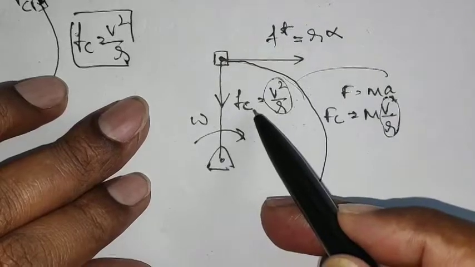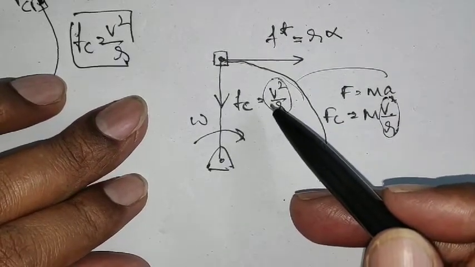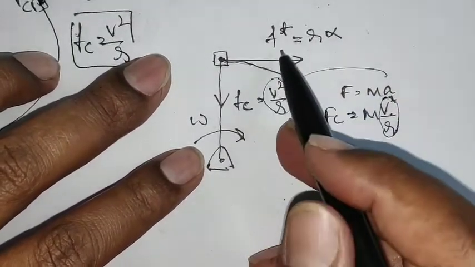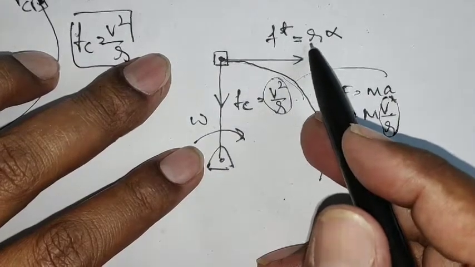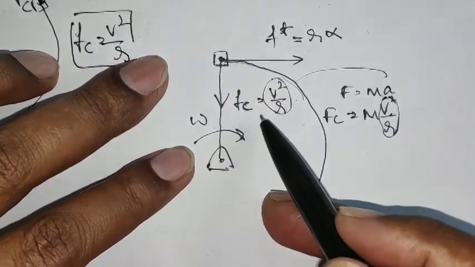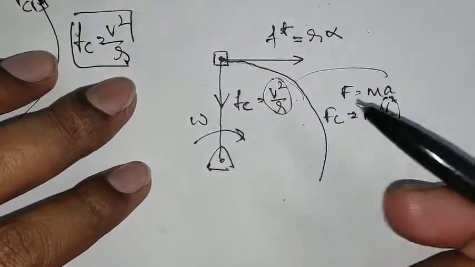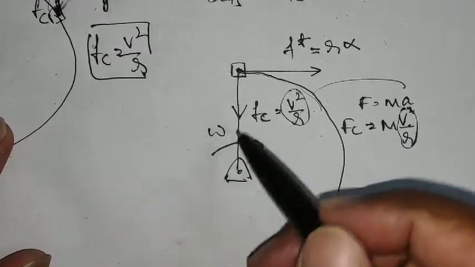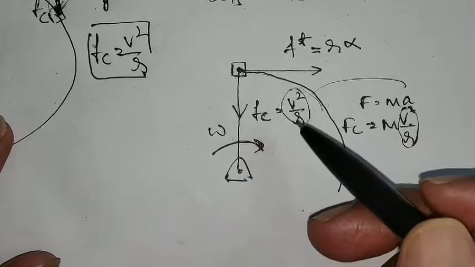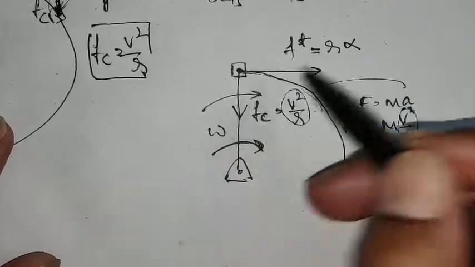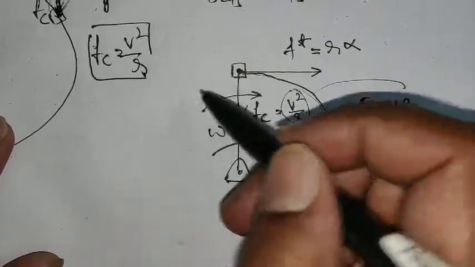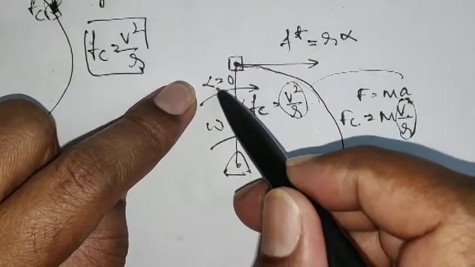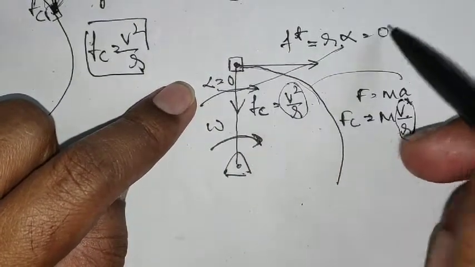You might have studied how to derive the value of the centripetal acceleration in the previous classes. So we assume that you know the tangential acceleration, which is r into alpha, and the centripetal acceleration, which is v square by r. Maybe in a numerical they can give only the angular velocity, like 1 radian per second, and say the angular velocity is constant, which means the angular acceleration is 0. In that case, when alpha becomes 0, the tangential acceleration becomes 0.